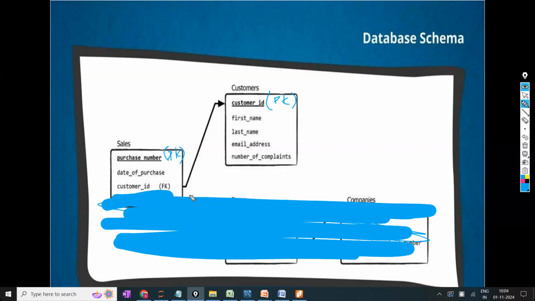Don't use item code, don't use the tables below, only up to here. Only two tables are there. One table has 5 columns, the second table has 3 columns. Only two tables. Let's start with a simple example.